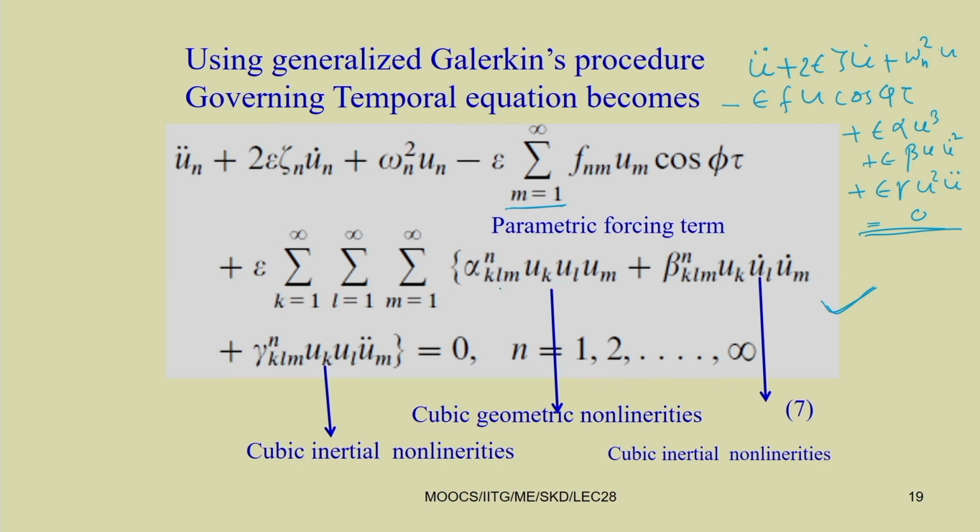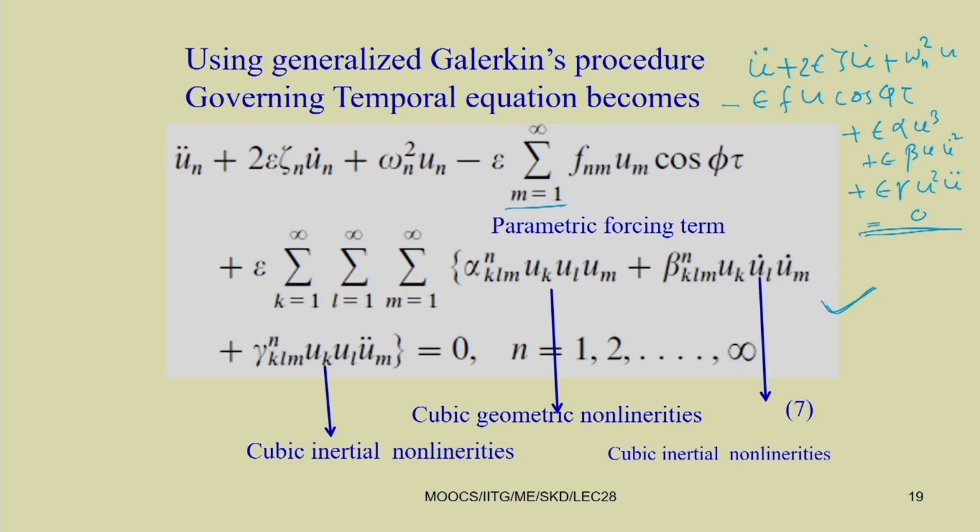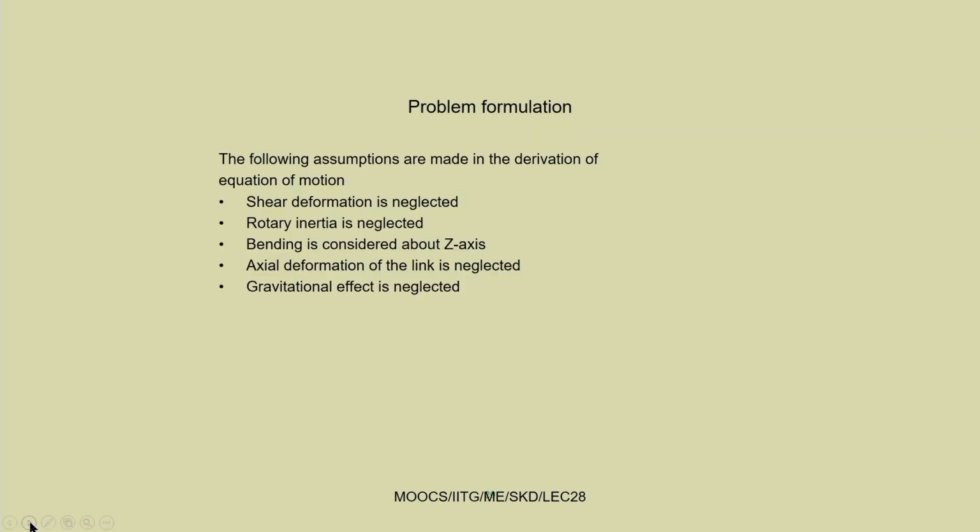For a particular mode, for a particular value of n, we will have 8 alpha, similarly 8 beta and 8 gamma. Again, by taking different modes, for example n varying, if 3 modes we are taking, total nonlinear terms will be 24 into 3, that is 72 nonlinear terms in this case. To write in a compressed form, you can use the summation sign and write this equation in this form.